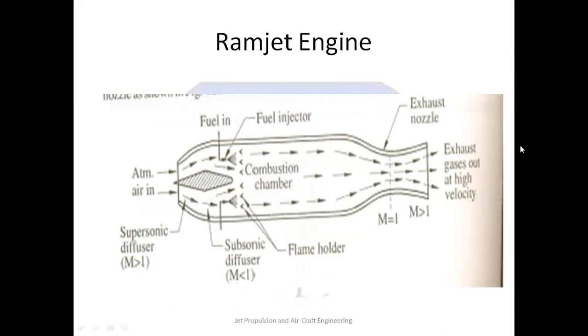The air then enters the combustion chamber. Fuel is injected, where it is ignited by means of a spark plug. The hot combustion gases then expand in the exhaust nozzle with a velocity exceeding the velocity of the incoming air. Thus, due to the change of momentum of the working fluid, a reaction is produced on the ramjet structure through pressure at the diffuser and shear forces all over the surface of the engine, and thus thrust is developed in the direction of flight.